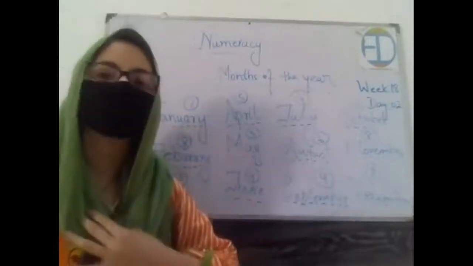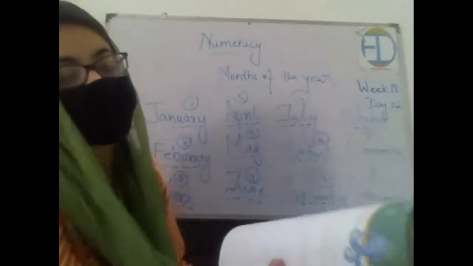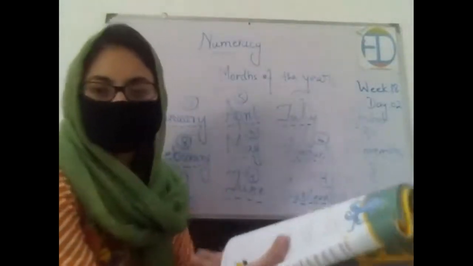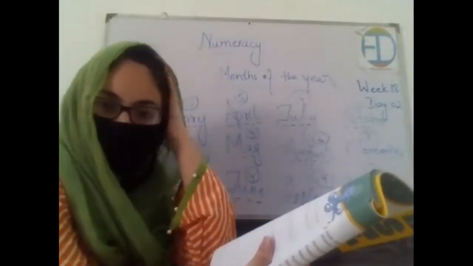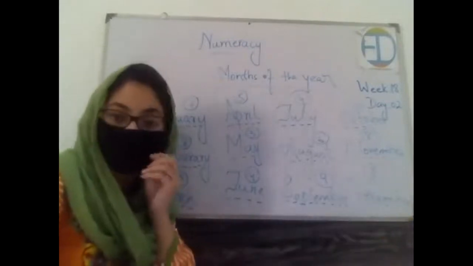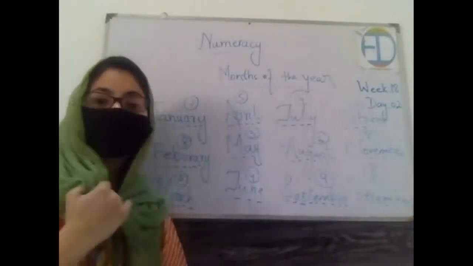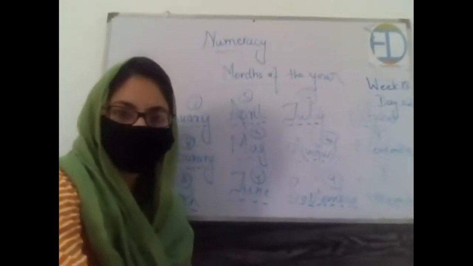Okay. Now I want all of you to please open your book, page number 92. This is page number 92. Please open this. The title or the heading of the page says the names of the months. Okay. Now there are a few questions which you are supposed to answer, and these questions are related to the number of letters in every name of month. Okay. So let's look at that.